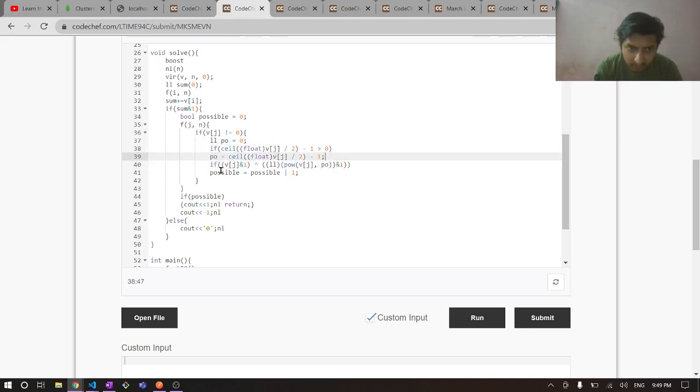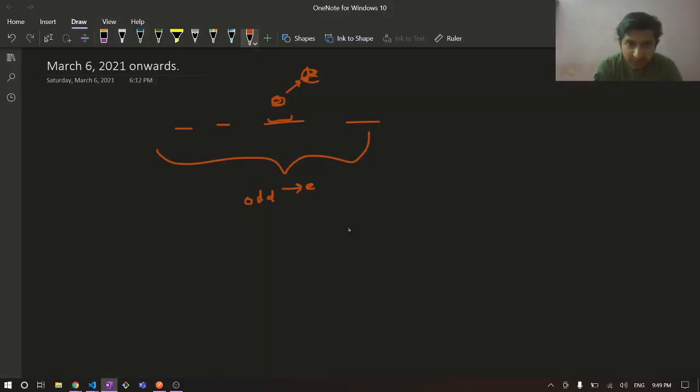Okay, and now if the power of this element is taken aside and this vector is taken aside, and I took and 1. Now why did I take and 1? This means that I want to store the last bit of this Vj and the last bit of this number. Okay, now let me explain it.